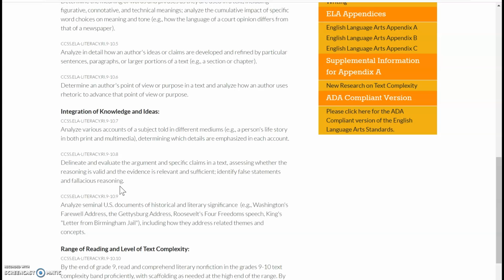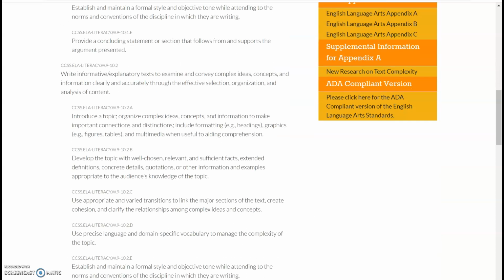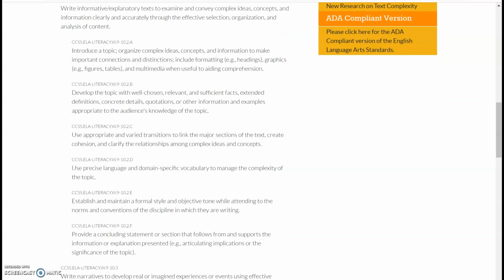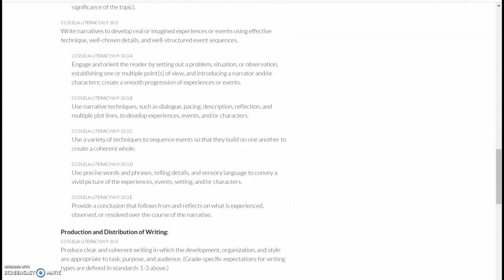So I think it's really important to teach students at this age that maybe not all authors are making their arguments using proper statements or proper arguments. So for the writing for 9th and 10th graders, they're expected to produce argumentative pieces where their claims have good evidence and are developed. They're also expected to have informative and explanatory text down, so they're expected to convey complex ideas, introduce topics, and use precise language, so that again goes back to vocabulary. And also write narratives as well.